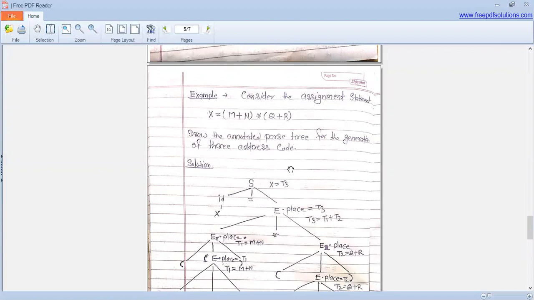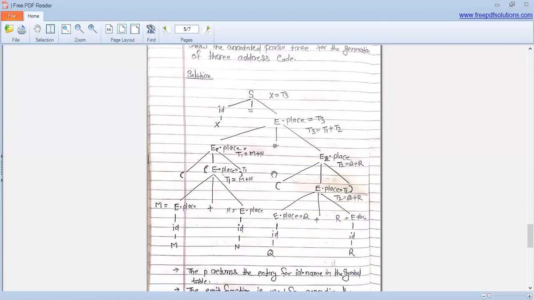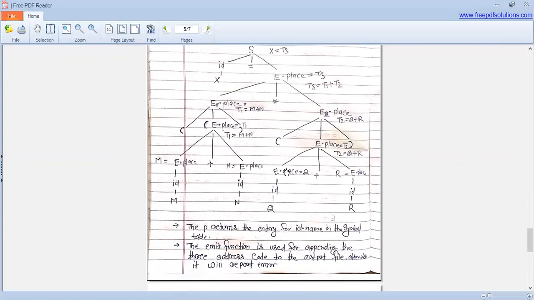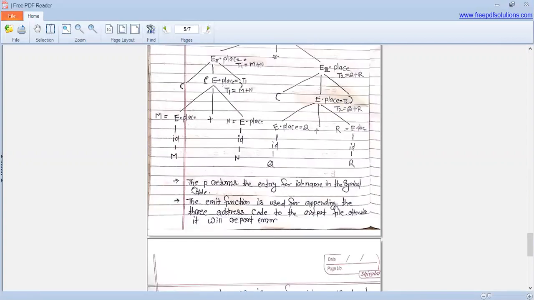So similarly we have to transfer the intermediate code for every type of construct in the programming language. Here P returns the entry for ID.name in the symbol table.